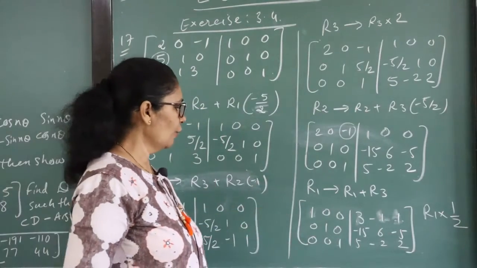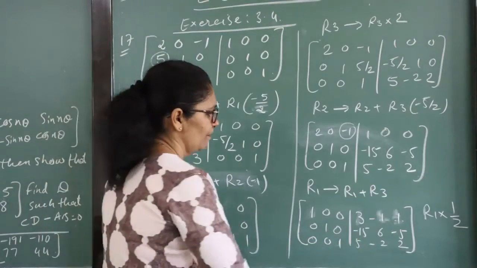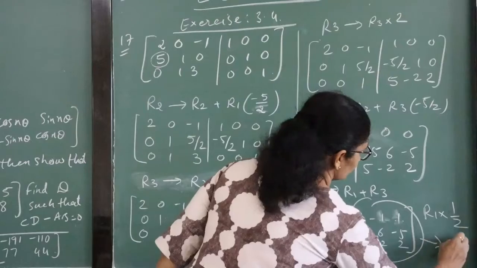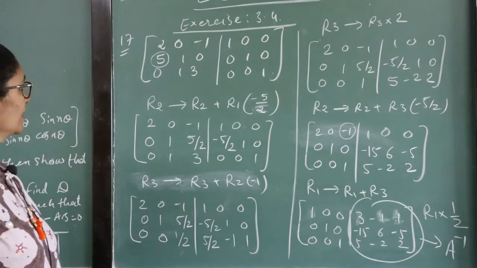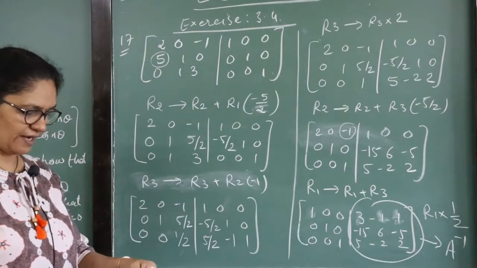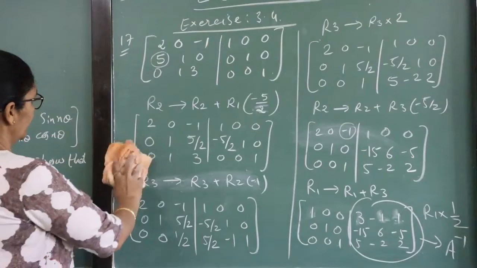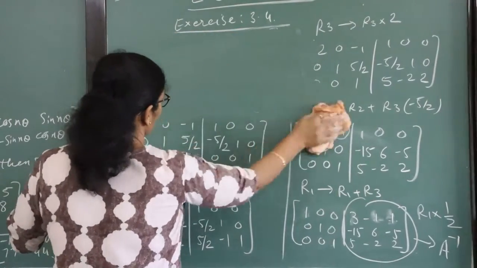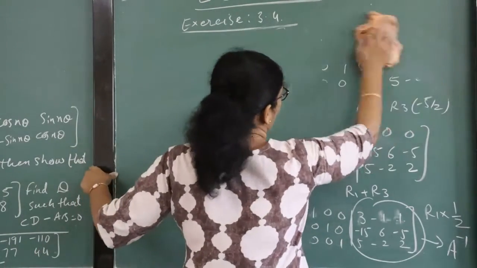And by that what do you get? The identity matrix first. And what is the remaining part? All these things will be your A inverse. So I think how to find the inverse of any matrix by the row reduction method is more clear to you. We have already discussed 17-18 questions based on it. Now the last question, an MCQ. So we discuss it and then we start the last miscellaneous examples.